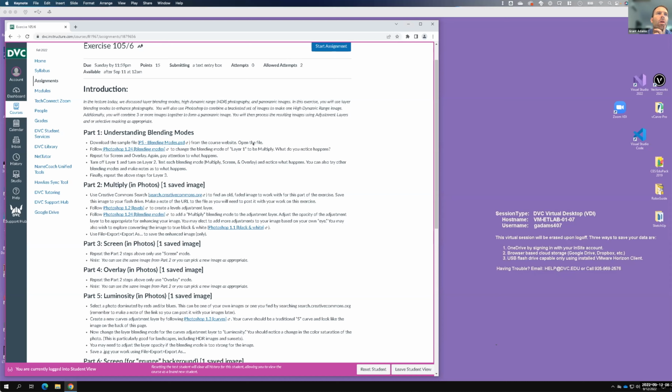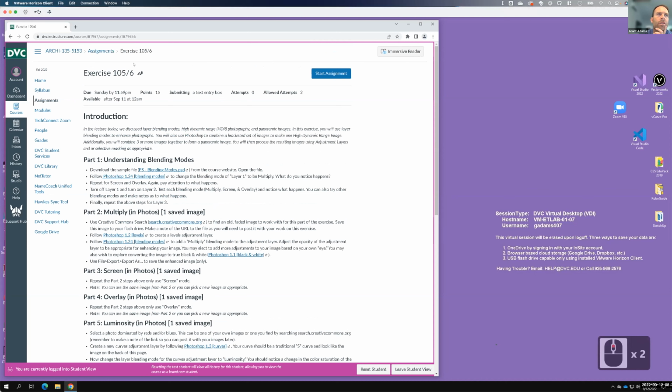Okay, so on with our work here. This is our exercise 105, 106. I've gone ahead and pulled it up. I also opened up the ET Lab remote desktop so that I'm using that, and that way it'll look the same. I have my keystrokes being logged for your purposes. So what I want you to do is log into exercise 105, 106, and then you're going to download this